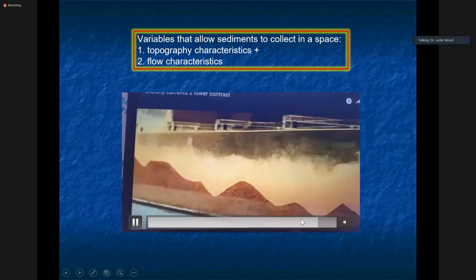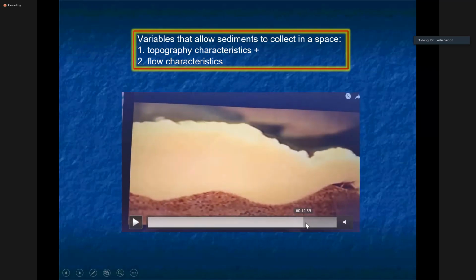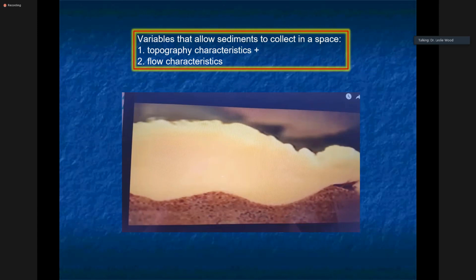So here's the other thing that happens with this. You can see on the right side of this image that the flow is running into that topography, and it's simply super elevating above the bed. That small triangle in front of that knoll is not getting any sedimentation. Maybe some erosion, but not any sedimentation. And we see this in complex topographies. We see this in gravity flows in the Gulf of Mexico.